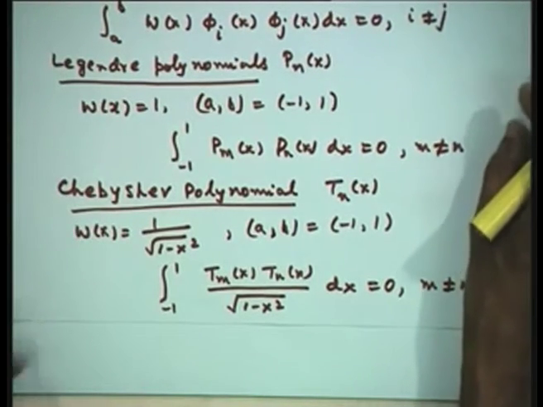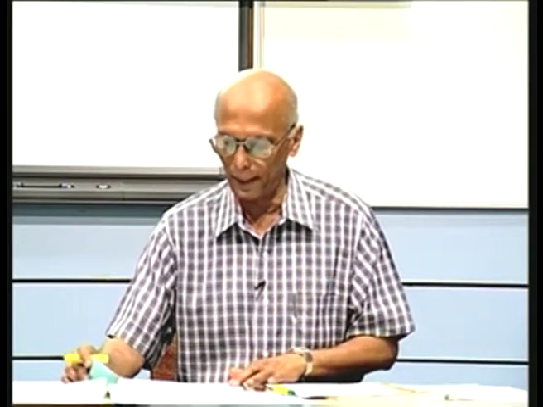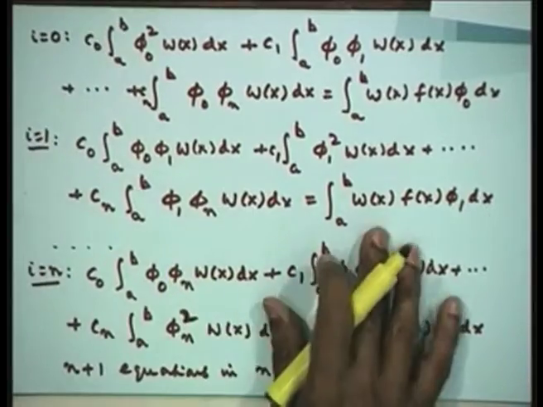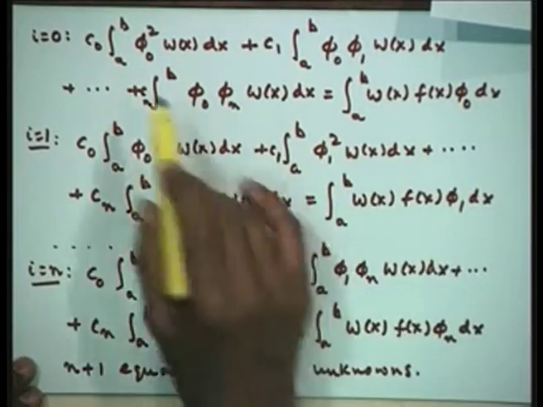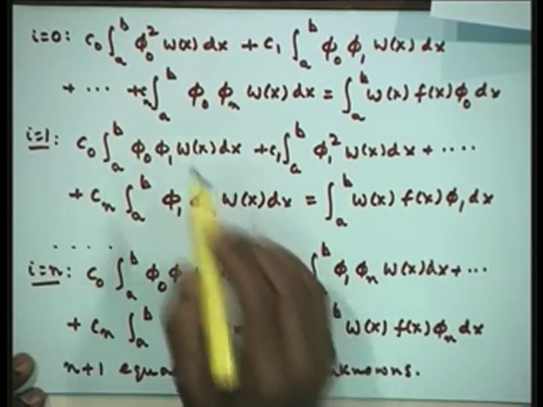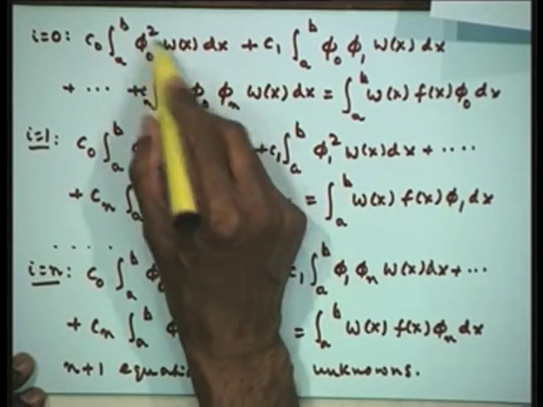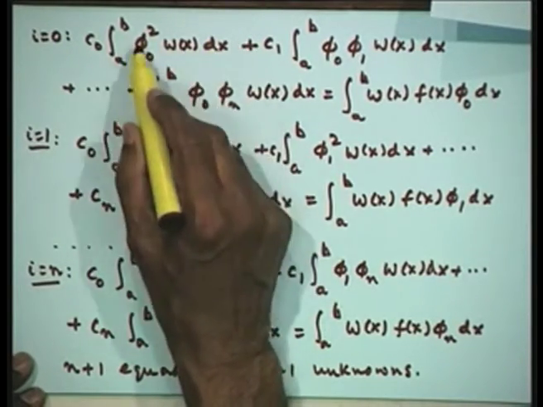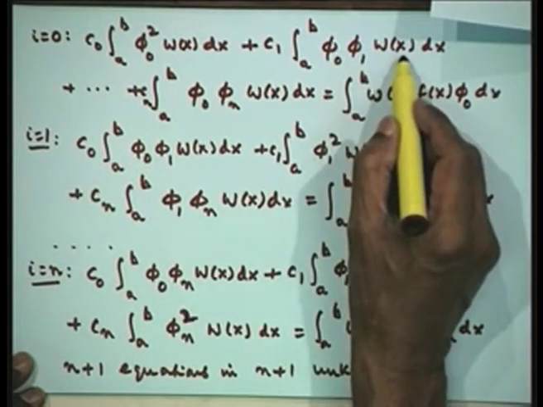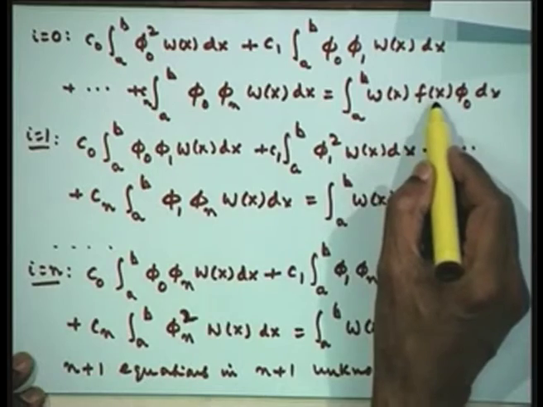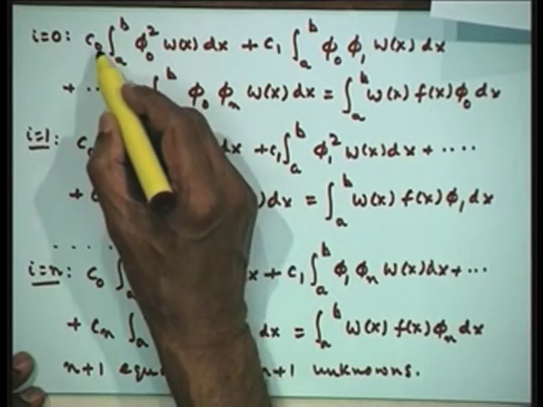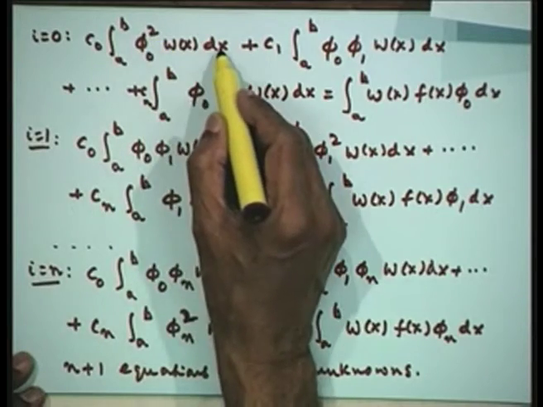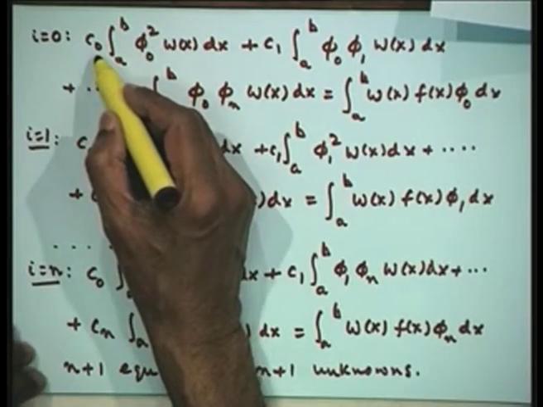Now, we shall show that if I choose these coordinate functions phi i as the orthogonal polynomials, then everything gets immediately simplified. Let us see why it is so. Let us go back to the previous equations, the entire set. Now, let us put the orthogonal polynomial here. If I put it here, this is phi 0 square w x, and for phi i phi j with i equal to j equal to 0, this is a non-zero quantity. Phi 0 phi 1 by definition is 0, all of them are 0, and the right hand side is there. Therefore, the first equation simply gives C 0 times the integral from a to b of phi 0 square w x dx equal to this, and hence I found C 0.